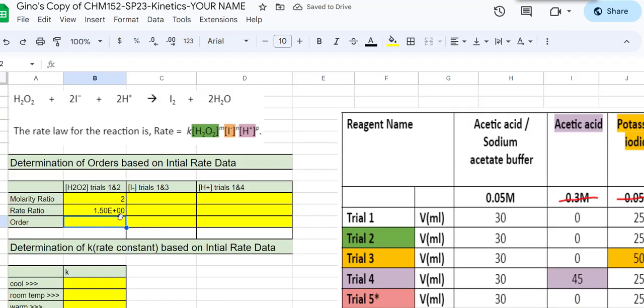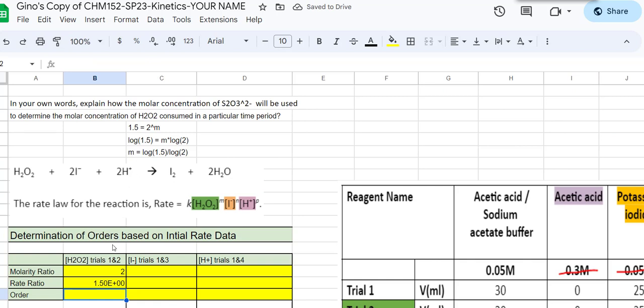Okay, and then the algebra, and I have these values set up here. But this calculation that we're going to do right here is going to be the same for the iodide and the H+. So isolating M, we could take advantage of log base 10, so we'll take the log base 10 of 1.5 and the log of the right side, and taking the log of the right side allows us to bring down that exponent of M in front, so we have M times the log of 2. So now M is the log of 1.5 divided by the log of 2,